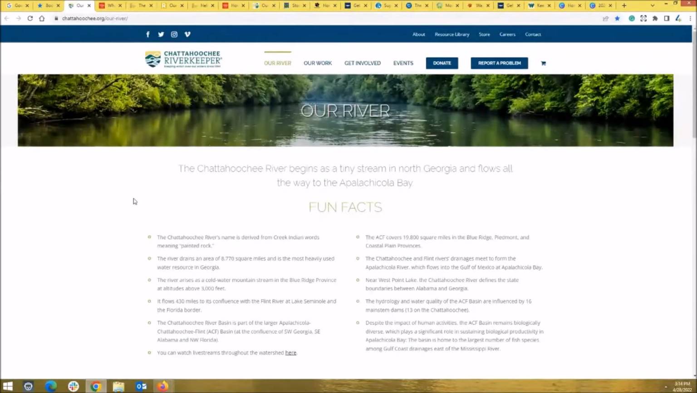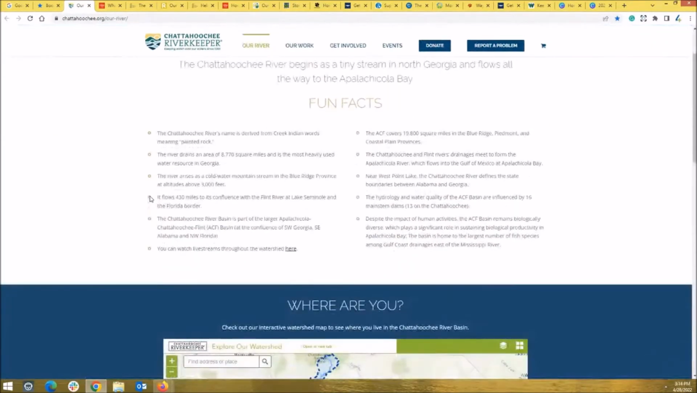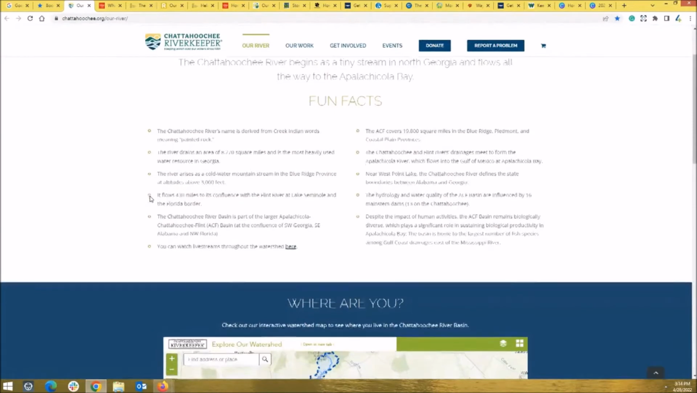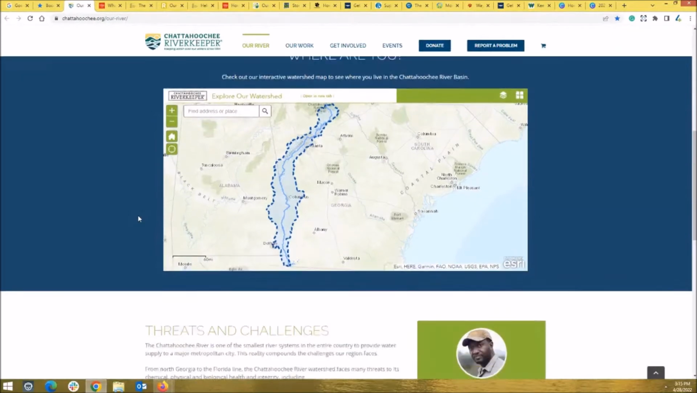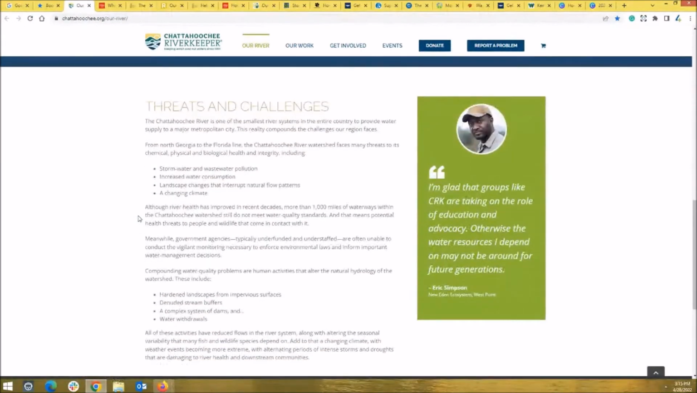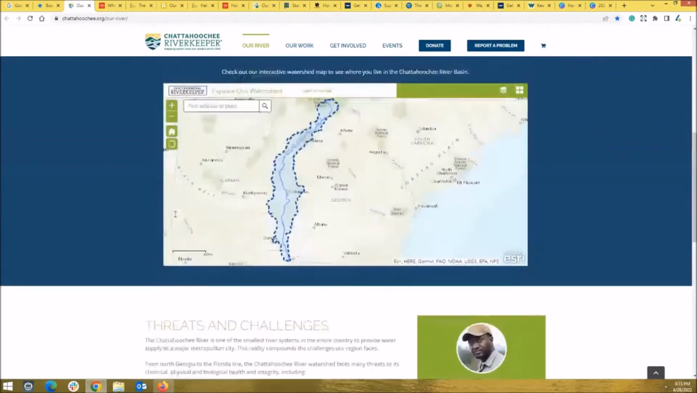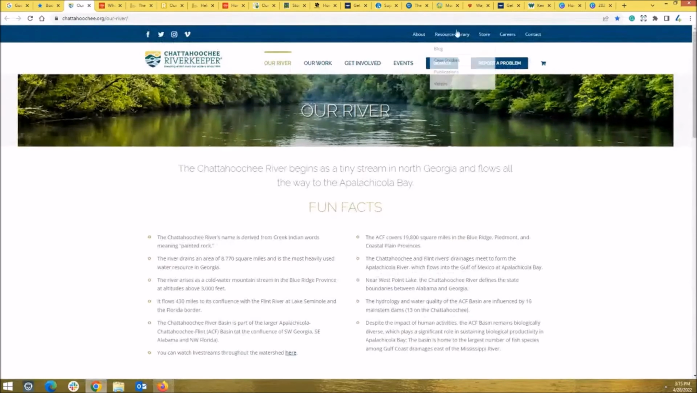They have a simple section of their website called Our River. It's a dedicated section of their page here, which delivers basic facts about the river. It helps you see where the river is in your backyard, and it shows the threats and challenges to keeping it clean. They also have a complete resource library